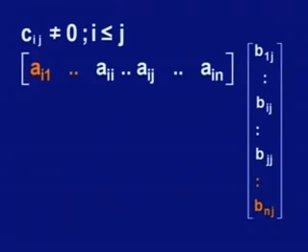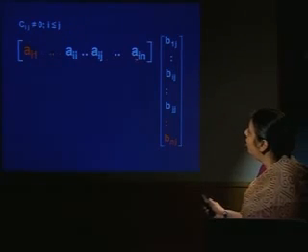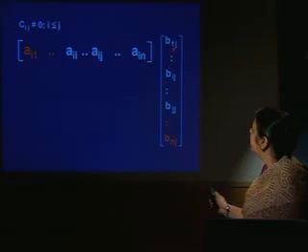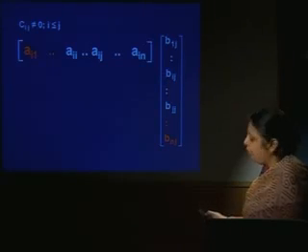Here since i is less than or equal to j, one may notice that Ai1 comes first, then Aii, because i is less than or equal to j. So all these elements are 0, but these elements are not 0. The same thing appears here. Bij comes first and Bjj comes next. So these elements are non-zero. So when you take the product